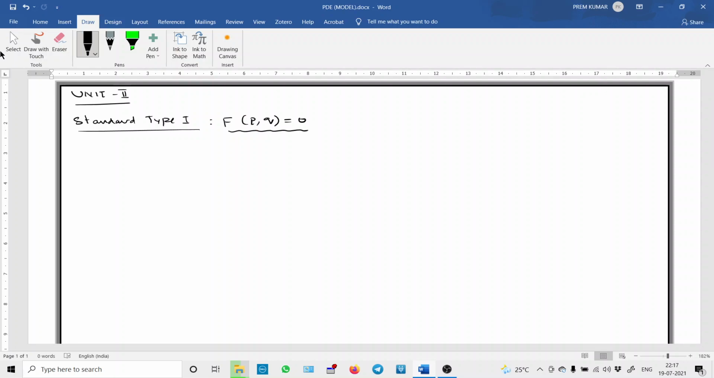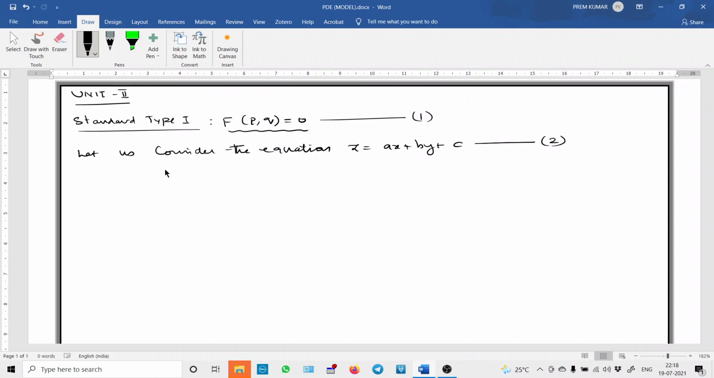Now let us consider the equation Z equals AX plus BY plus C. So let the given PDE, which is a function of P and Q, be equation 1. Let us consider this equation, AX plus BY plus C, and we give the number 2 to this equation, where